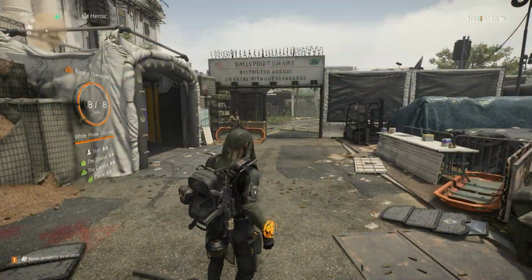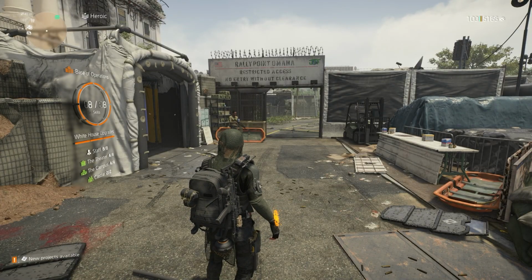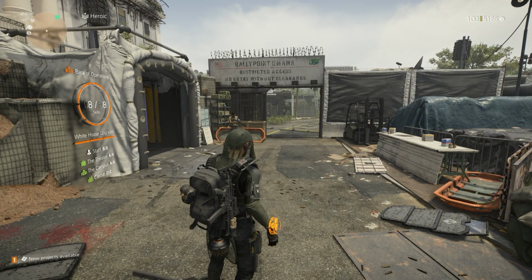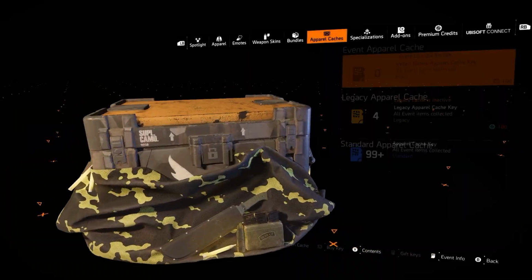Alright, now very quickly before we get to the textile vendor himself, I figured it would be useful for at least some of you to go over what textiles actually are, right? We have this new vendor, but how do you get the currency that he's accepting? Well, it's pretty easy. If you go into your menu here and go to apparel,